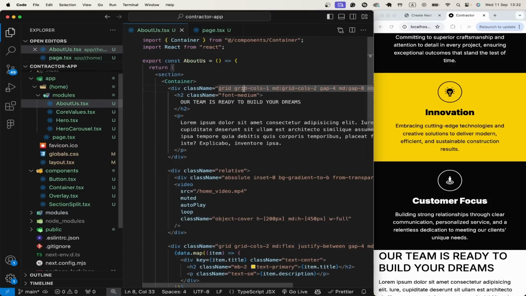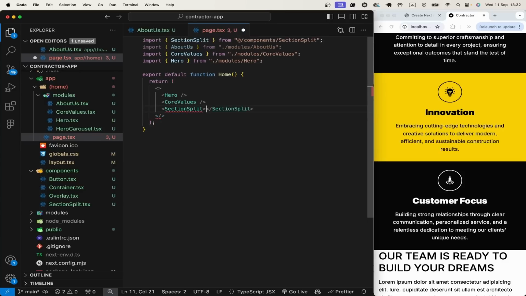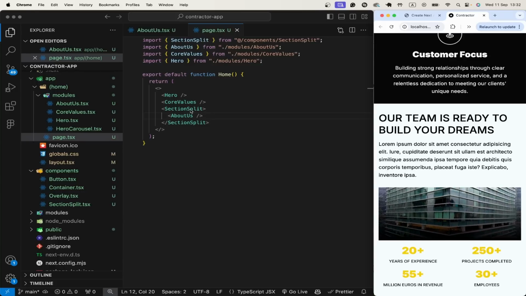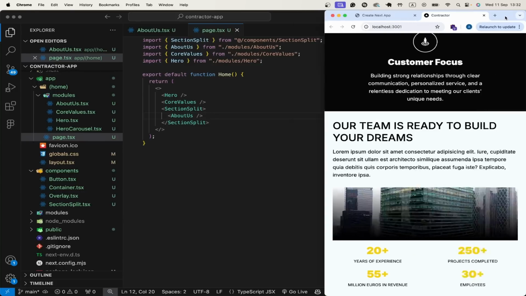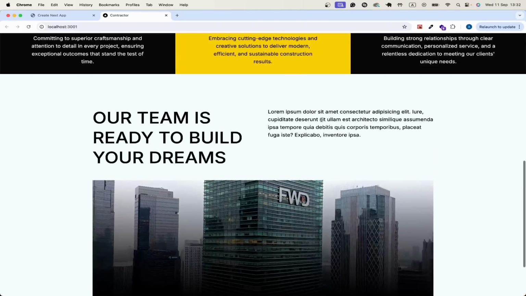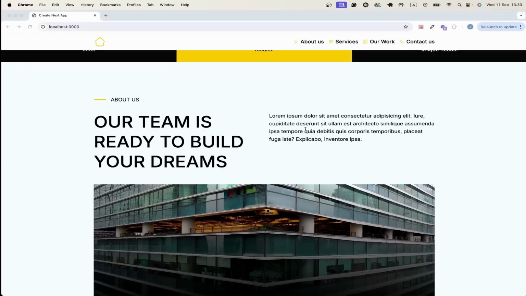Now what I want to do is go to our page, and when it is About Us, take it and add section split. And now I want to add all the sections that will have spacing between them inside section split. So now, as you see, on mobile it looks decent, on desktop also it looks decent. And now I feel that we actually forgot one important thing, and it is this